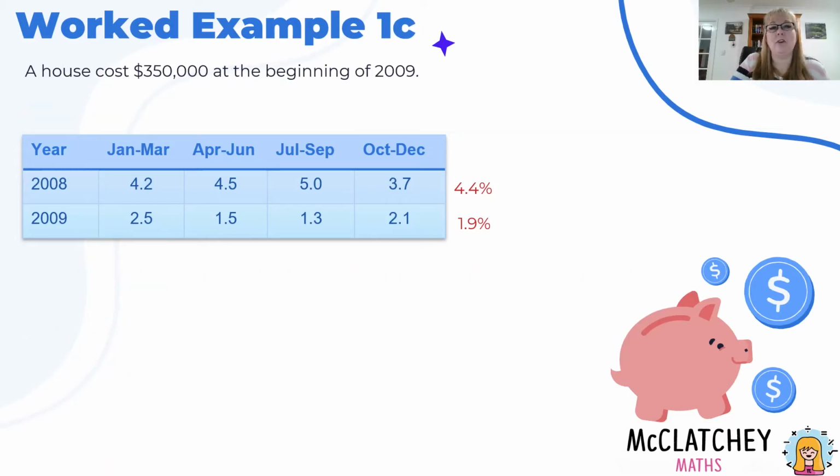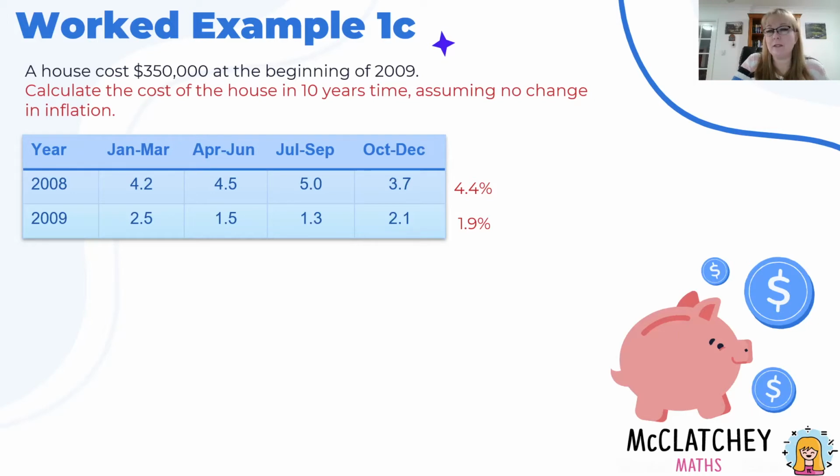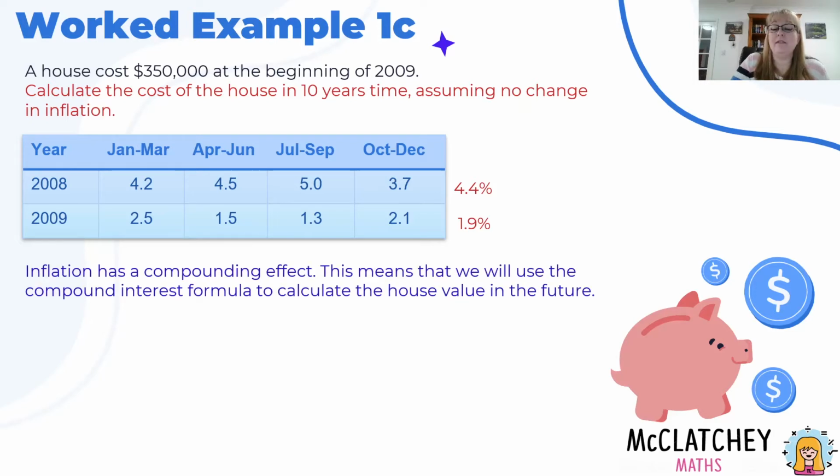Okay, a house costs $350,000 at the beginning of 2009. Calculate the cost of the house in 10 years' time, assuming no change in inflation. Okay, so let's do that. Now, something to be aware of is that inflation has a compounding effect. And what that means is we're going to use the compound interest formula to calculate the future value of the